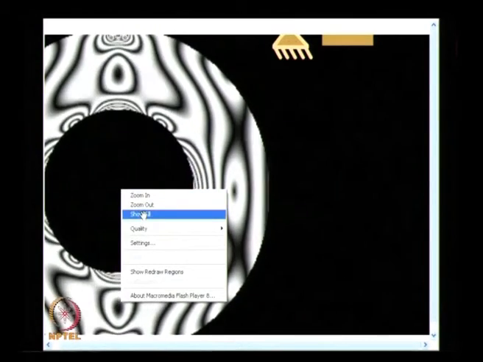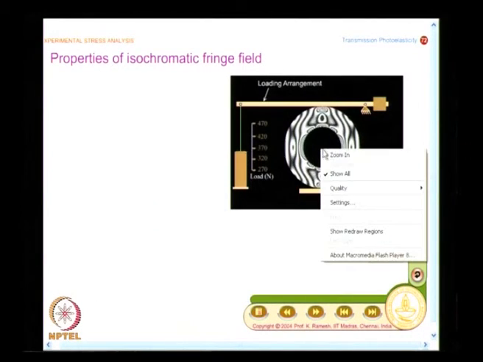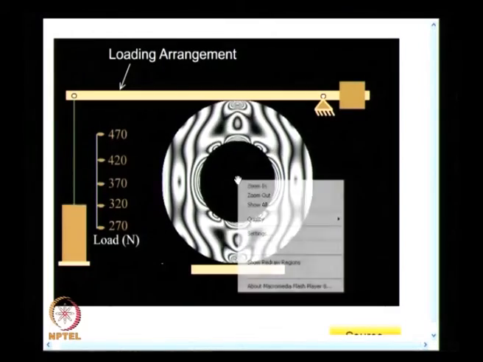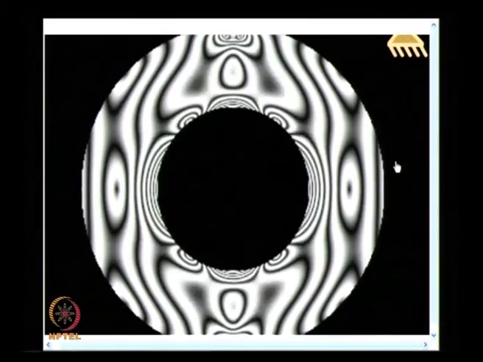And you also see an interesting aspect, this is the high stress concentration zone, and in this case the fringes emerge out as the load is increased. That is what we have seen, and keep looking at this fringe pattern for one more minute. There is also another interesting feature which I would take up in the next class. So, you understand now the fringe contours in the case of a ring are much more complex.